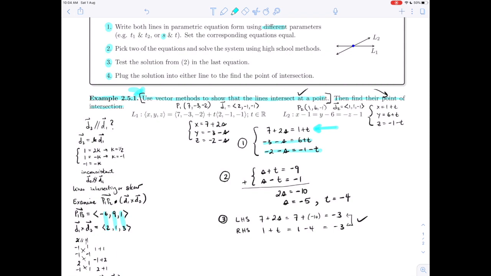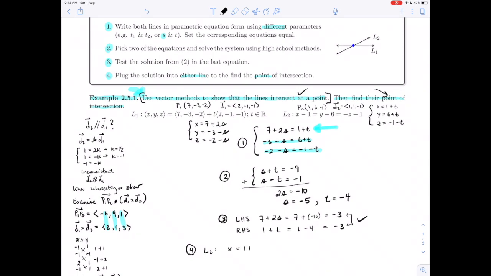We weren't asked to solve for s and t. We were asked to find the point of intersection of the lines, which means that we have to plug the solution into either line to find the point of intersection. So it really doesn't matter which one we do, they will give us the same. So I'm going to go into line 2. So L2 tells me that the x